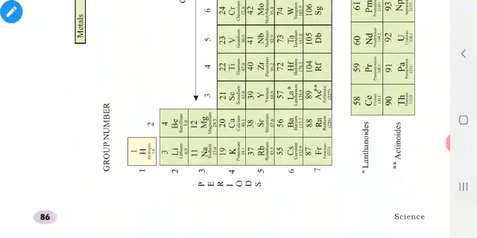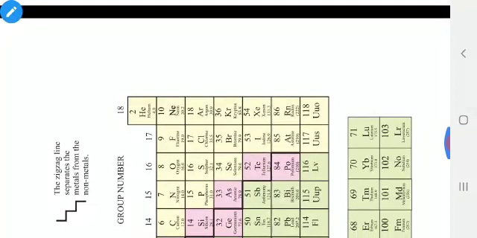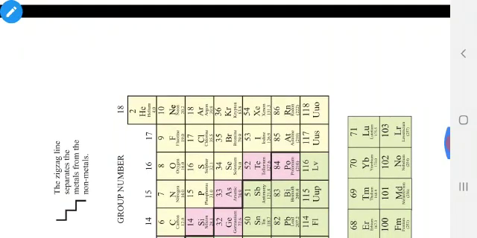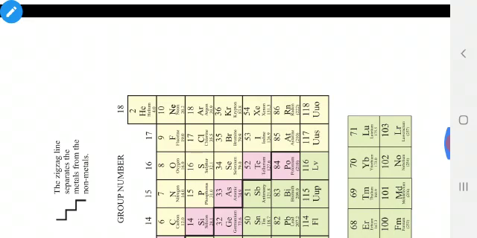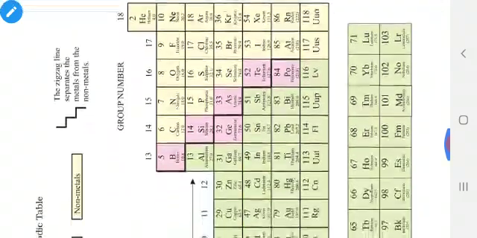Okay, so what is that one? One is the atomic number. Okay, come to the helium. So what is 2? 2 is the atomic number. So what is 4? 4 is the mass number. What is the symbol of helium? He. So it gives the information about the element.